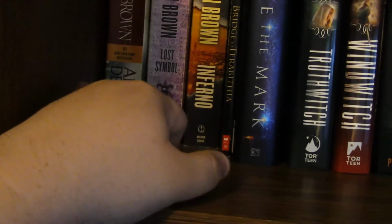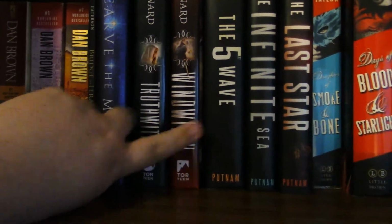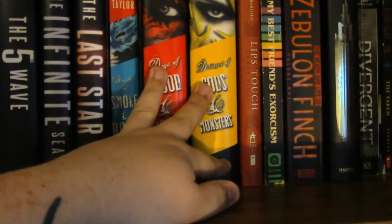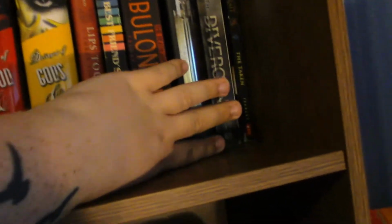I only have Angels and Demons, Lost Symbol, and Inferno. I thought I had the Da Vinci Code, but I don't. I'm going to change that real soon. I have Bridge to Terabithia, Carve the Mark, Truthwitch, Windwitch, the Fifth Wave Trilogy, Daughter of Smoke and Bone Trilogy, Lips Touch 3 times, My Best Friend's Exorcism, Life and Death of Zebulon Finch, Thousand on the Floor, and